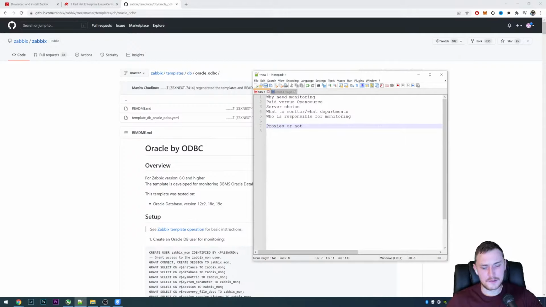You can deploy a proxy on a Raspberry Pi if you're monitoring a small environment. So you can even have a proxy for each of your departments. Let's say a proxy for networking stuff, a proxy for database monitoring, a proxy for the workstations of our employees, if you need that, of course. And the greatest benefit of proxies is that they offload your Zabbix server.